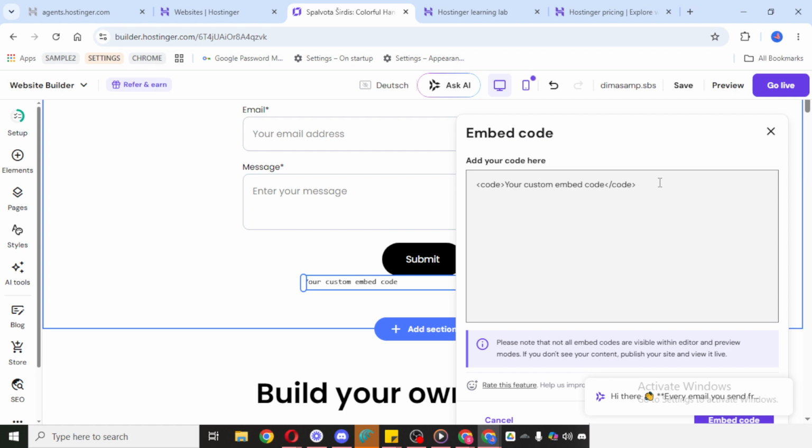And that's it. That's how to integrate Facebook on Hostinger. Once everything looks the way you want, you're ready to move forward with your website updates and make your social content part of the visitor experience.